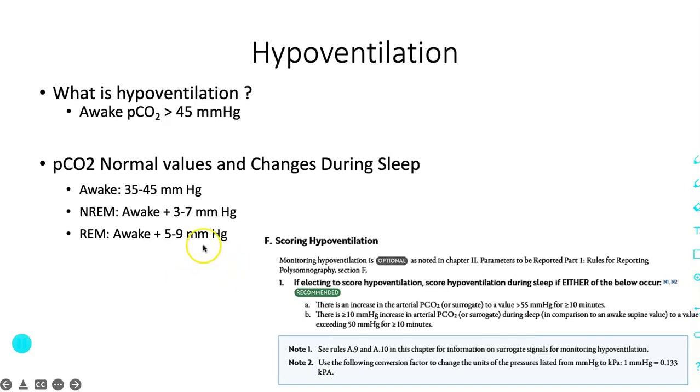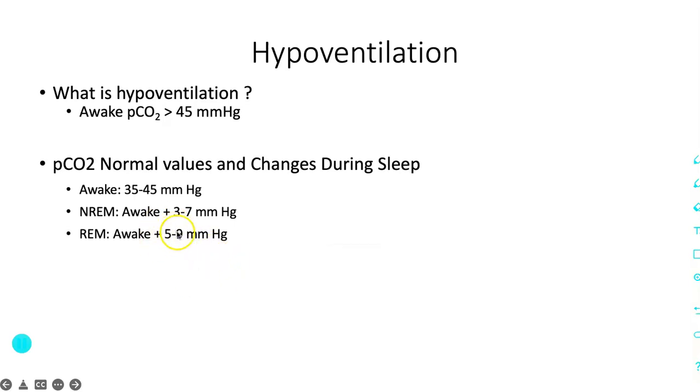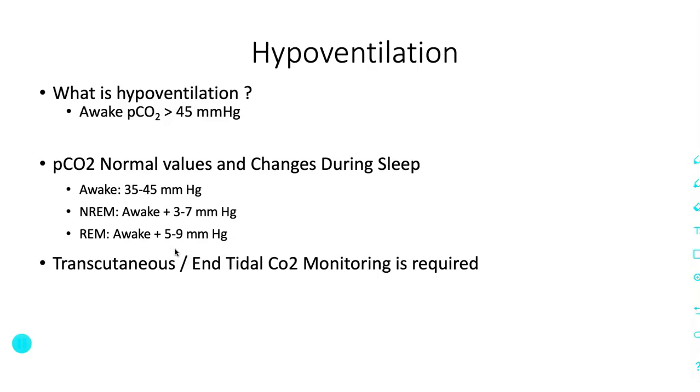But the point I'm trying to make is that an elevation of CO2 of something between 3 to 9 mm of Hg is expected to be normal during sleep, and anything more than 10 is considered to be hypoventilation if it meets the criteria. The transcutaneous and end-tidal carbon dioxide monitoring is required for the hypoventilation to be